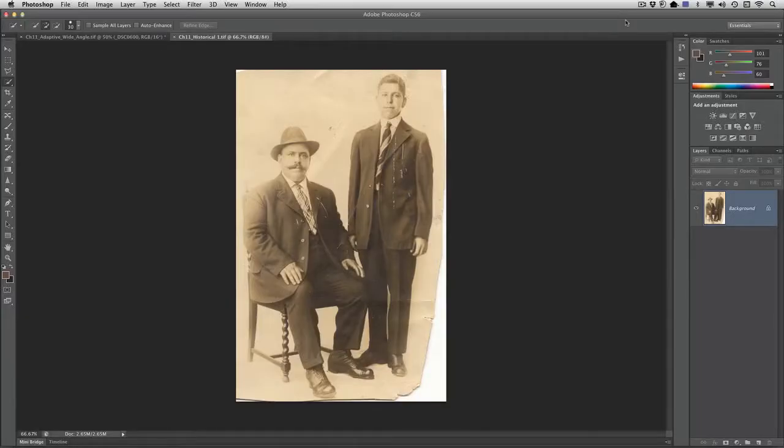Let's take a quick look at how some of the different tools can be combined for restoring an old photo. This by no means is a comprehensive tutorial, but rather will just give you some insight as to how the different tools can be used together. I'm going to go ahead and duplicate this layer,